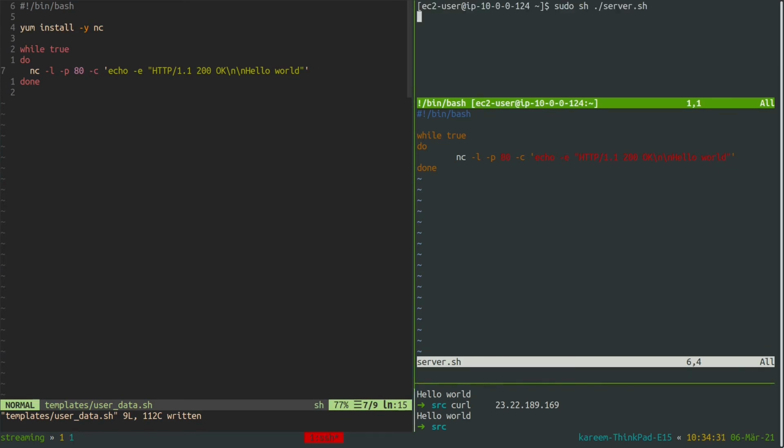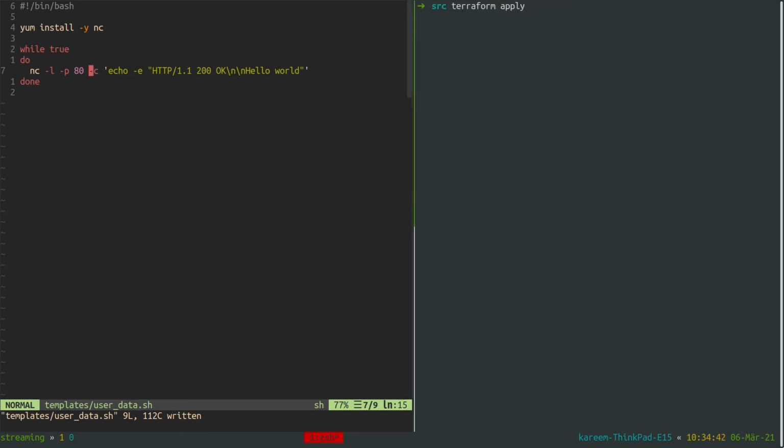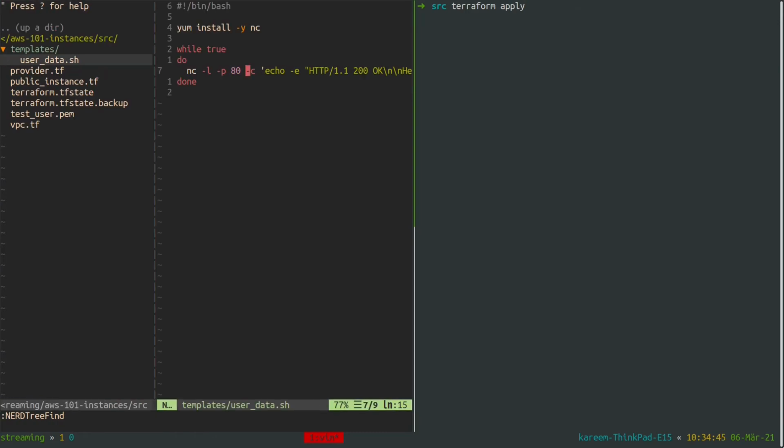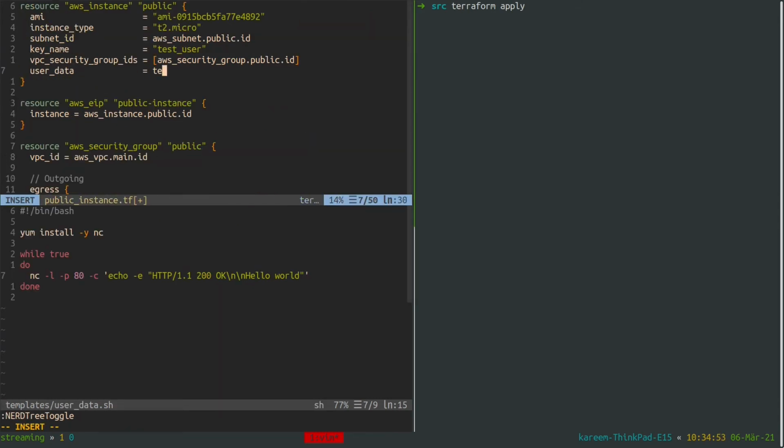So right now let me try to exit from this EC2 instance and try to reapply my Terraform plan. Because I changed something inside user data, by the way, I haven't yet associated it with my public EC2 instance, so let me do it. The second parameter here is the arguments, and we don't have any arguments yet. After I change anything regarding user data, this EC2 instance will need to be destroyed and recreated again.